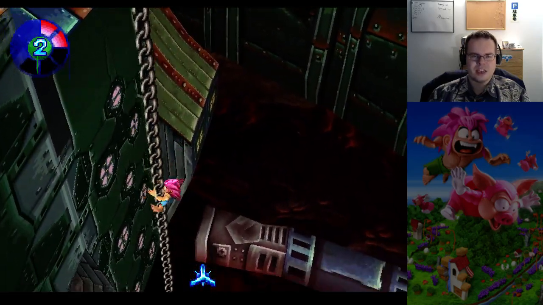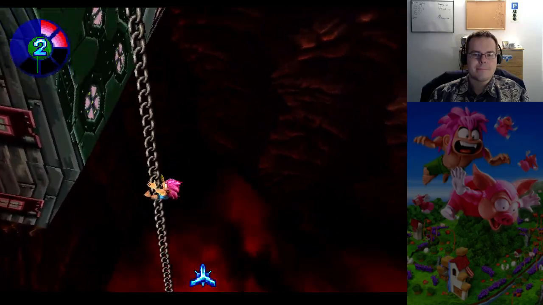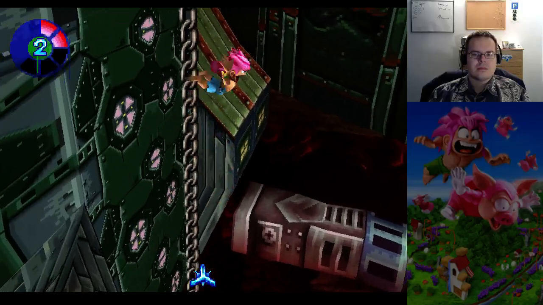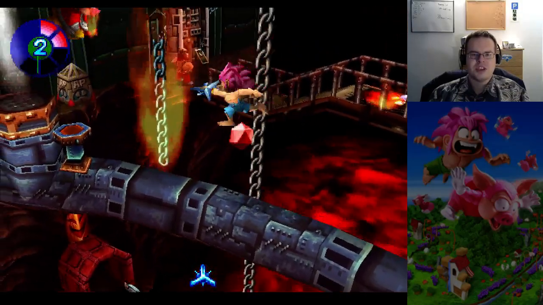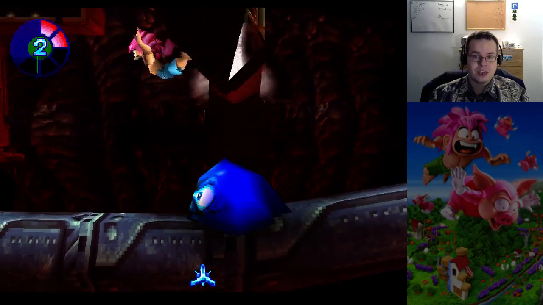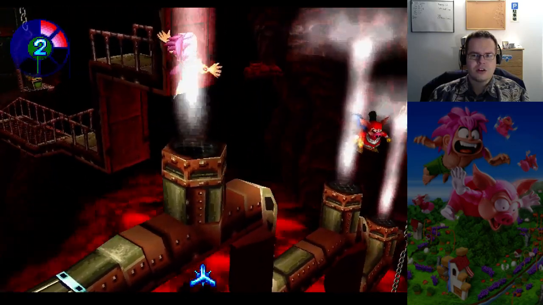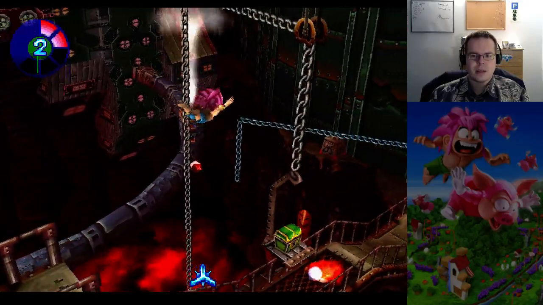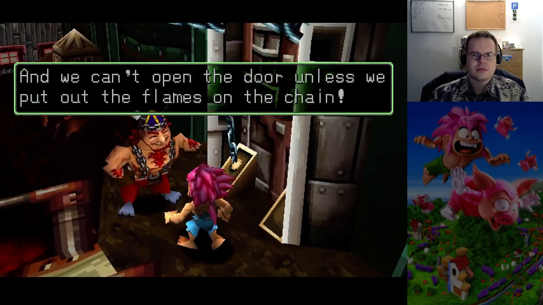Okay, playing kind of stupid here again. Let's get it together. Whoa! You know, maybe it's these speedy pants that are actually doing us in here. Maybe we want to not be using the speedy pants. Okay, how the hell do I get back there? How the hell do I get over here? Because I feel like I could really use that extra heart container there. Oh yeah, I've completely neglected this whole section here, haven't I? Oh no, I've been here before. And we can't open the door unless we put out the...